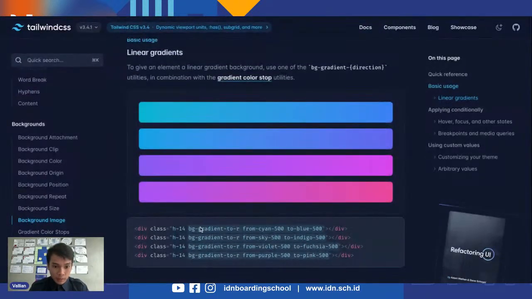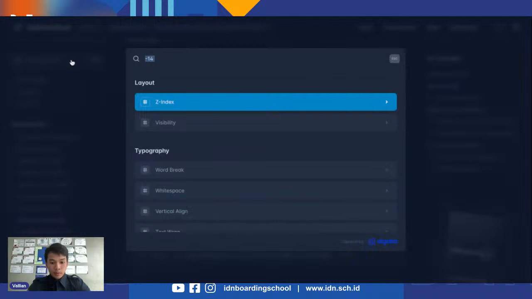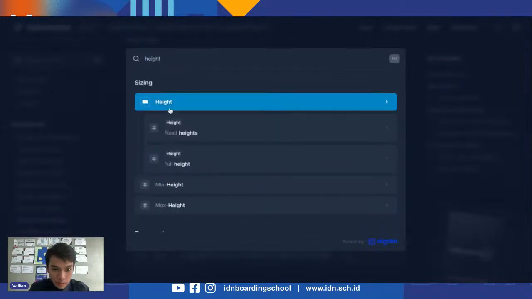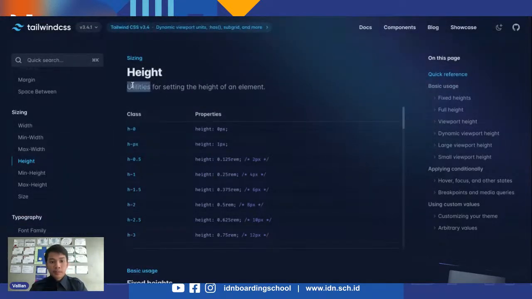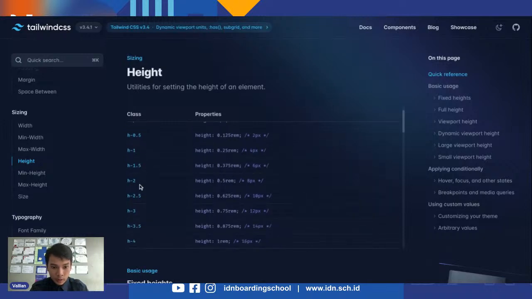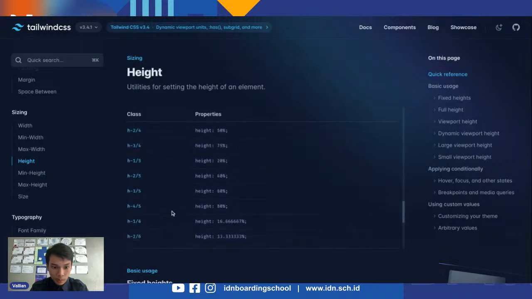And if you don't know what this h-14 is, it means height. You can search here, height. There. So here, the utilities for setting the height of an element. So there's h-0, the height of 0px, and then h-px means that the height is 1px, h-0.5 means the height of 0.125 rem, and then 1.5, 2, 2.5, 3, and then all the way up to